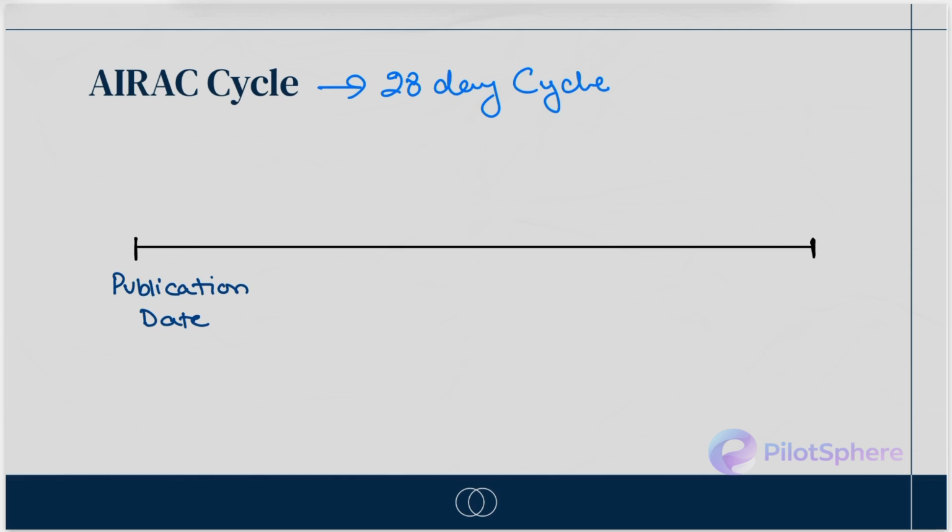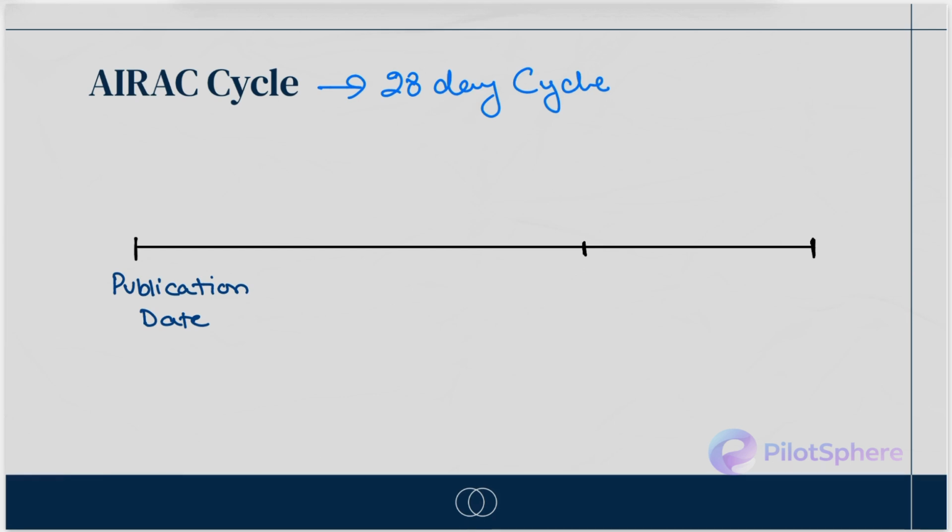What is the publication date? It is the date at which the information is first published. And this date is actually 42 days before the effective date.